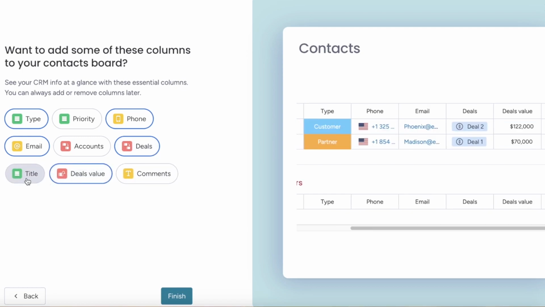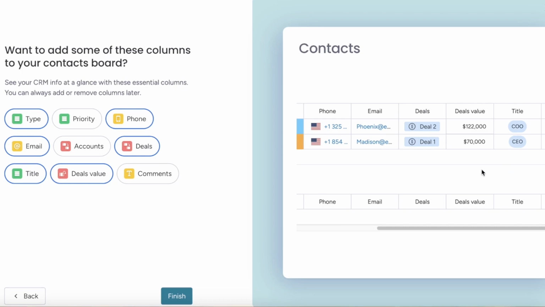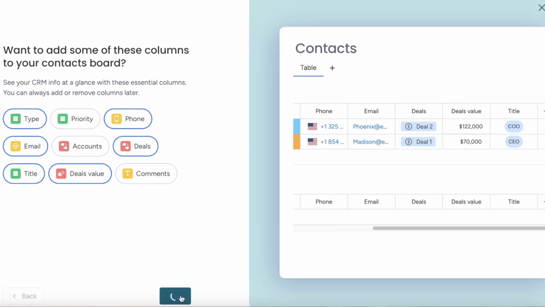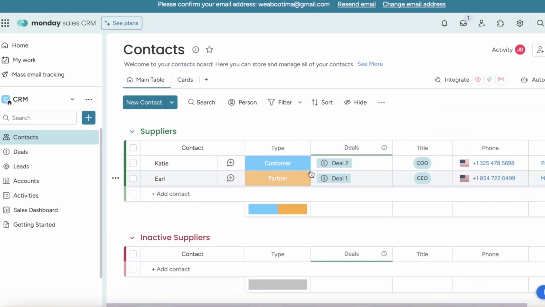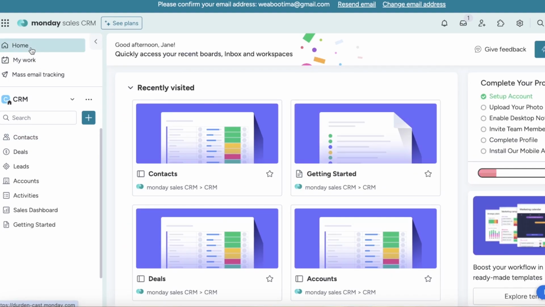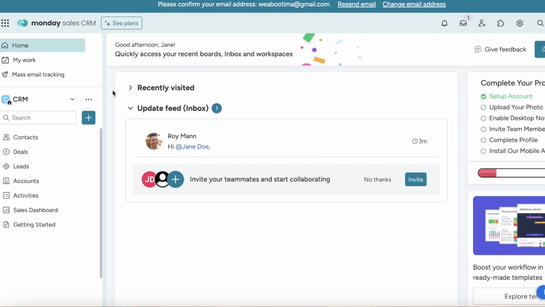So I'm just going to put deal value and deals together and then the title. Then after that, I'm going to click on finish over here to complete our setup. And this will give us a brief setup of all we need to know. Now, once you have completed this, you can click on home on the top left to see a summary of